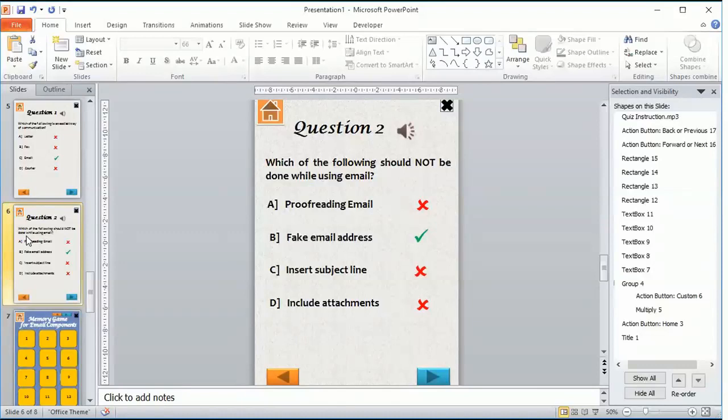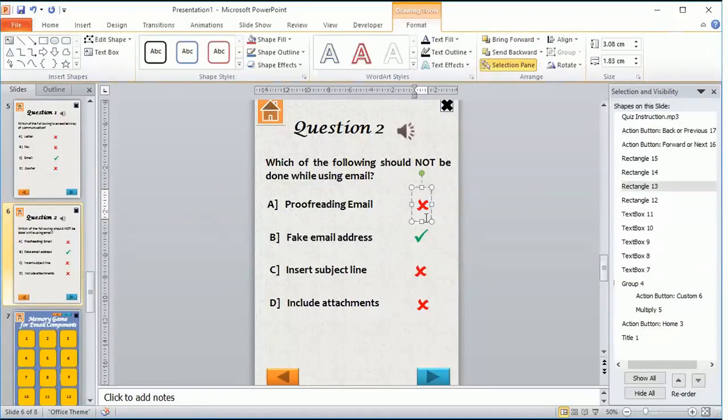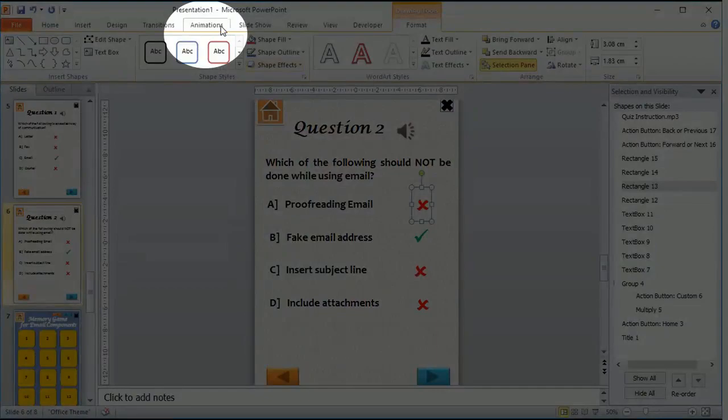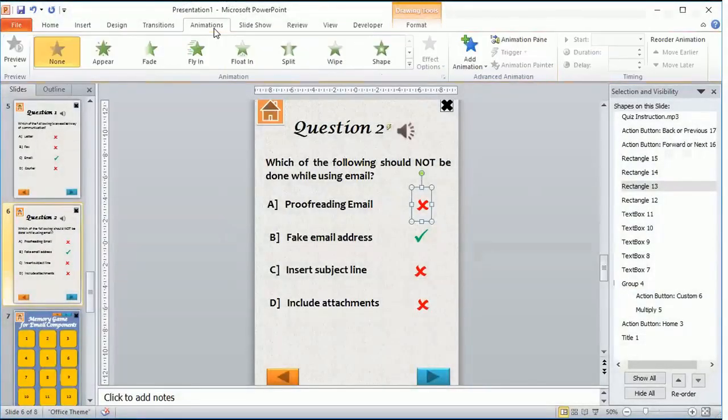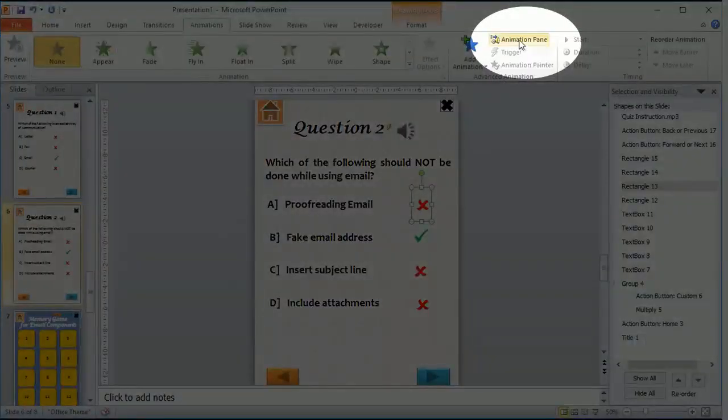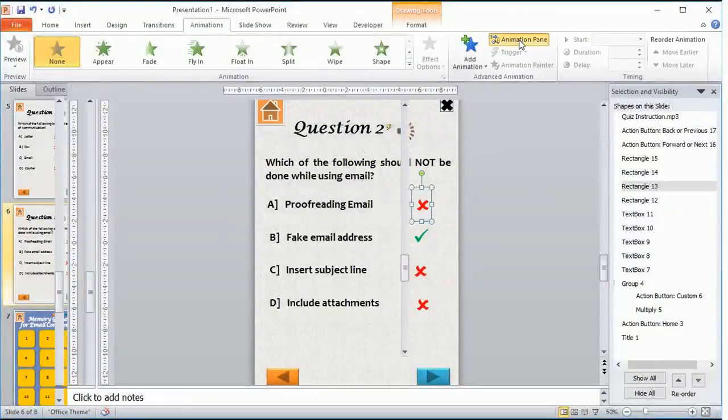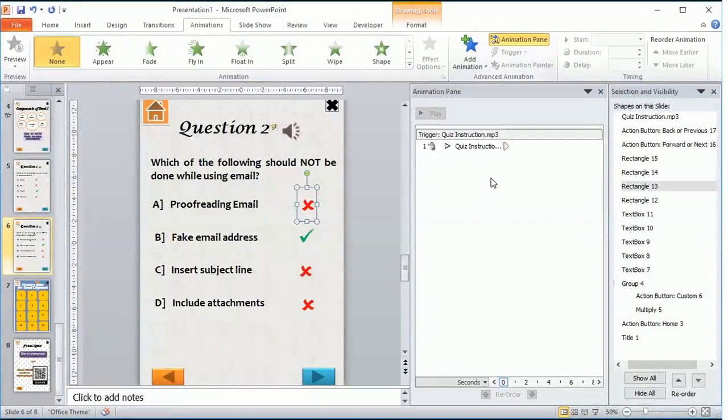In order to animate the symbol, click the symbol and go to animation pane. So we need to go to Animations menu and select Animation Pane. Now as you can see over here, there is nothing other than quiz instruction.